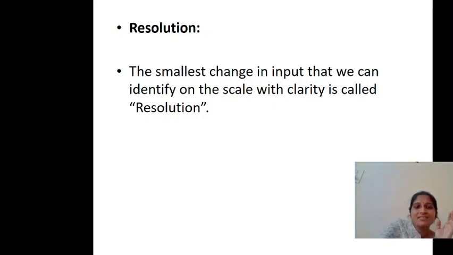So it is the smallest change in input that we can identify on the scale with clarity, that you can observe clearly. This is called resolution.